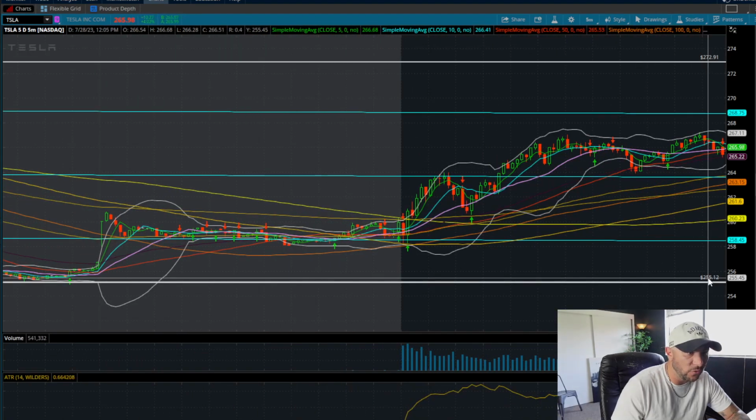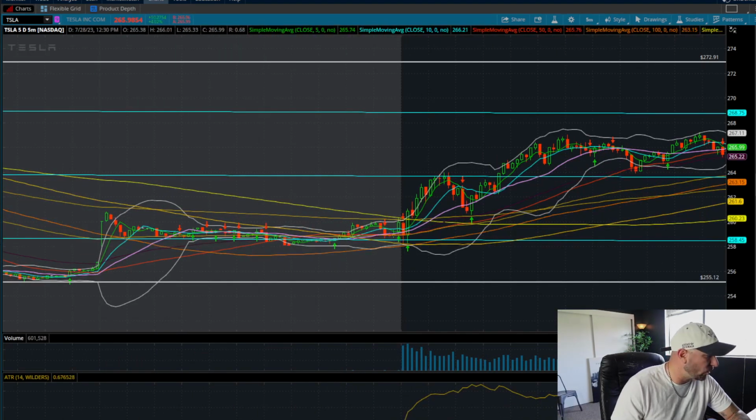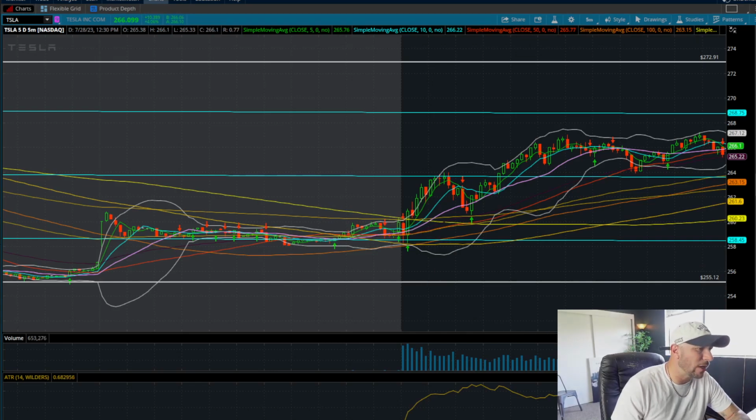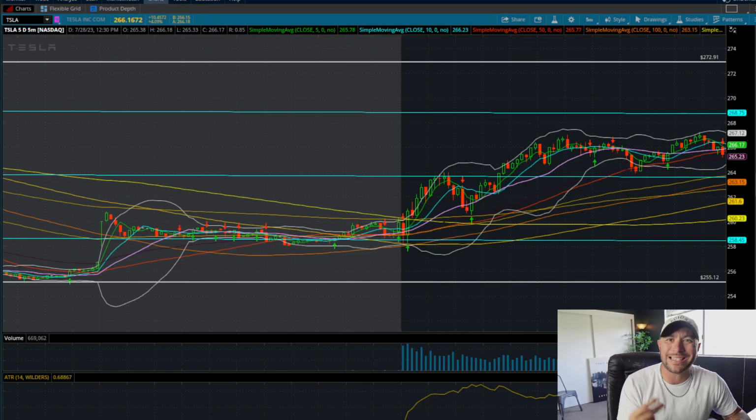I had a pivot of 255. An early entry would have been the 20 play that set up here. You can see this red candle set up. Here's your entry pivot, and here would be your 1-bar stop on the short position. If this candle confirmed short, we're going to take this short into 255. That's the pivot from yesterday in the watch list, and we're going to sell out of this position, take a couple dollars here, and hold the runner, because if we do break 255, that's a macro break to the short side. That's exactly what I'm looking at. That's exactly how I'm finding plays, and that's how quick I'm analyzing it.